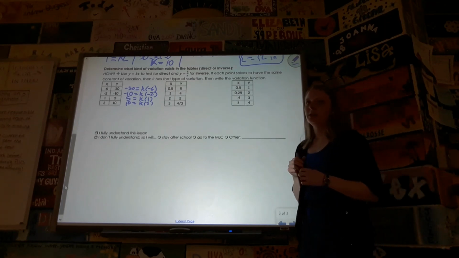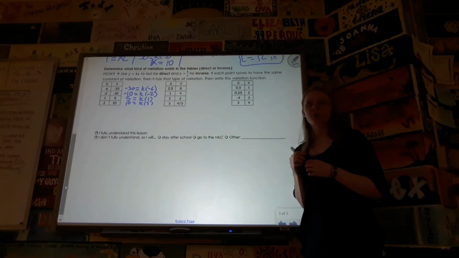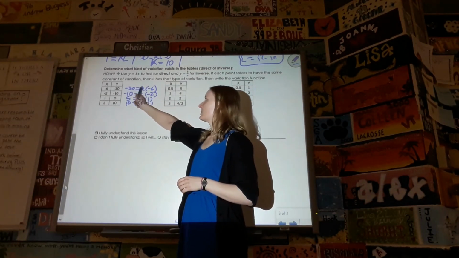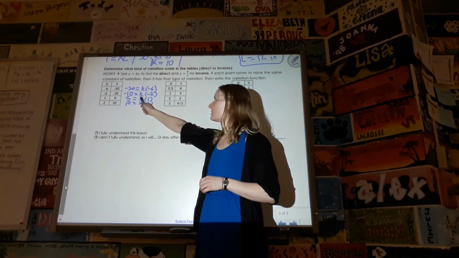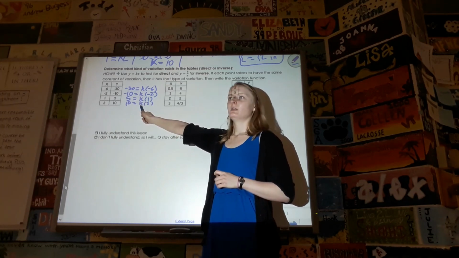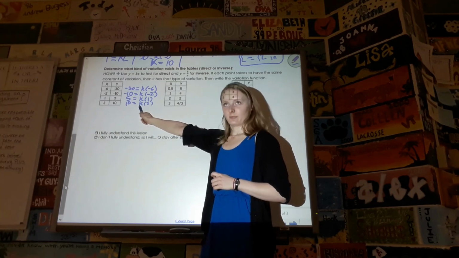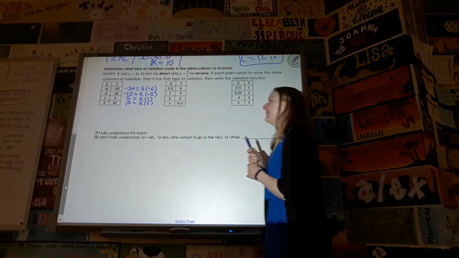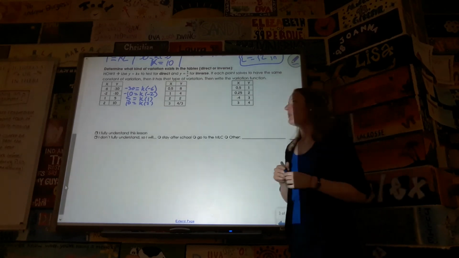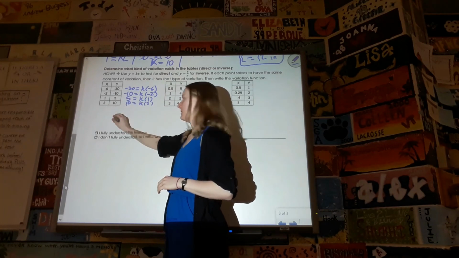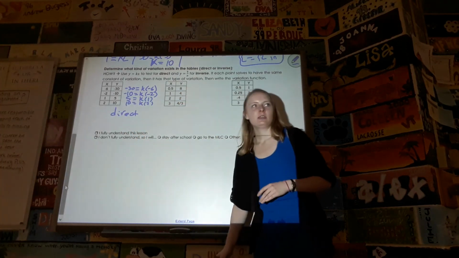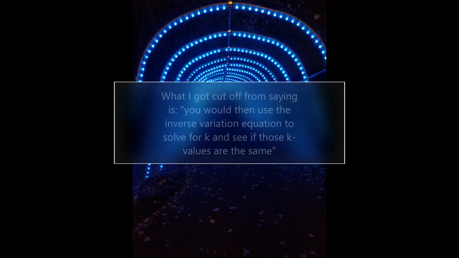Alright, now once you have these written down, it should be really easy mentally. I'm just going to go through and see what all the k values would be. If I solve for k, if I divide by negative 6, what do I get for k? 5. If I solve for k here, 5, 5, 5. Okay, so if you solve each of those little equations and you get the same k value every single time, that means that this structure works, and that means that it would have direct variation. If you didn't get the same k for each of these equations, you would then